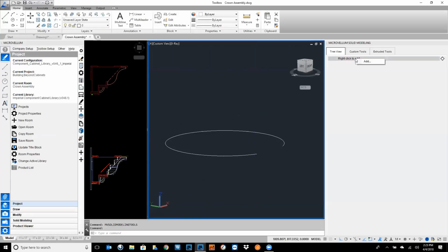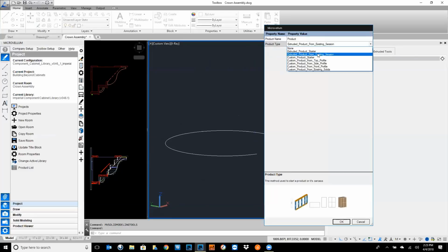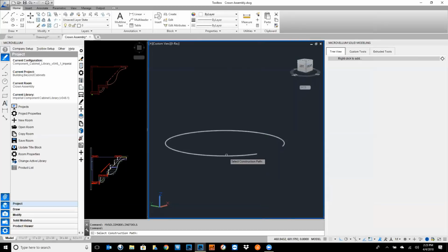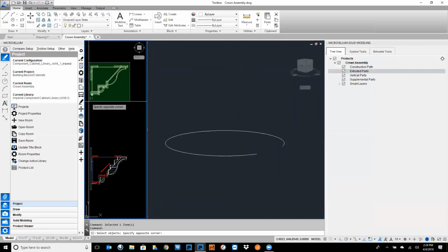Once I got that together, once I made a copy of this and set it up here and assigned those layers to it, I can come in and add a product, an extruded product in here. And I'm going to call this my crown assembly and make this new crown assembly. And I'm going to assign it to this polyline right here. And so what it does is it brings in these components. Now, there's actually not any components in here now. There's some smart layers that are here, but I'm going to grab the extruded parts that are in this drawing, these components here,